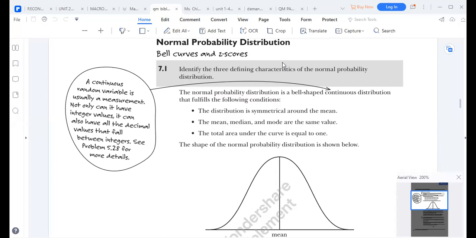Our class will look at the probability distribution, which is the normal probability distribution. Now, under probability, we're going to look at three key distributions key to your course. There's what we call the normal distribution. There's what we call the binomial distribution. And there's also what we call the discrete random distribution. So these are the distributions that we'll